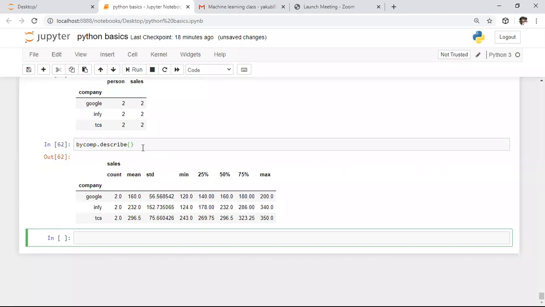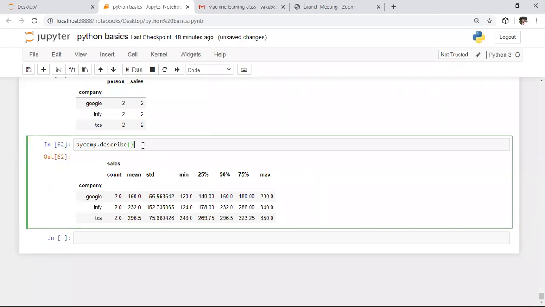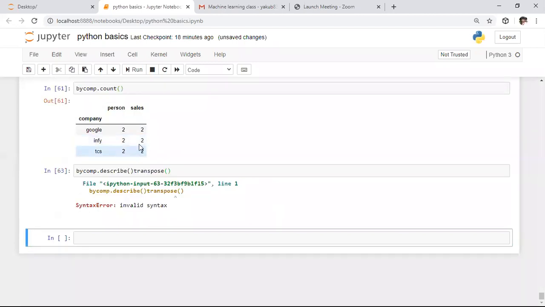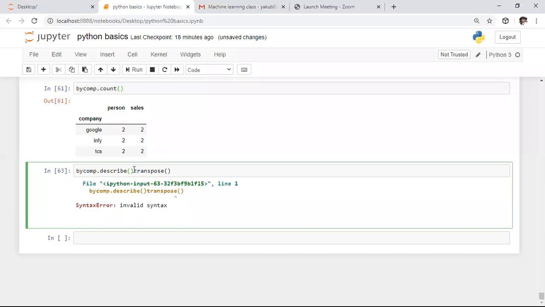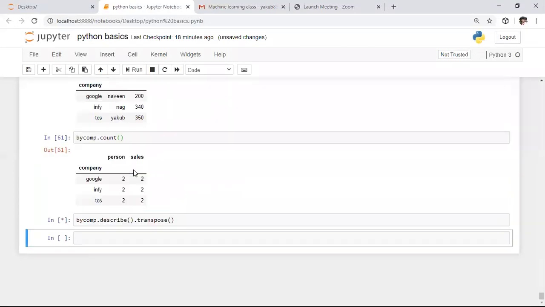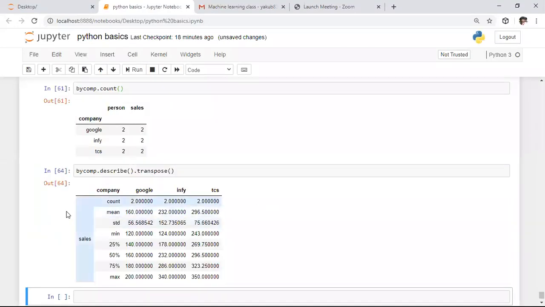If you want to perform the transpose operation on this, you can perform the transpose also. So here I'm saying I want to transpose this data. So I'm saying transpose of this. Whenever you perform transpose of, yeah, good, what happened? Yeah, here we need to specify the data, right? Yeah. So whenever you observe the output, here it is the output.